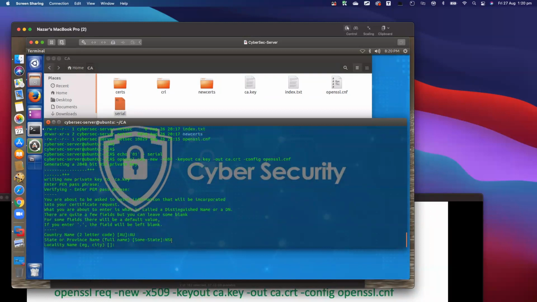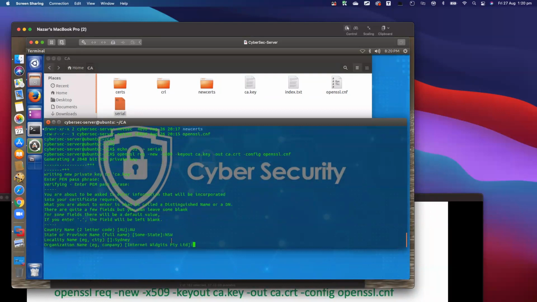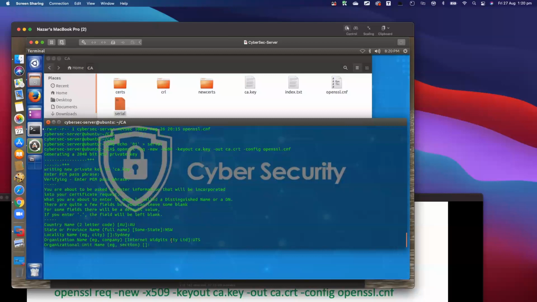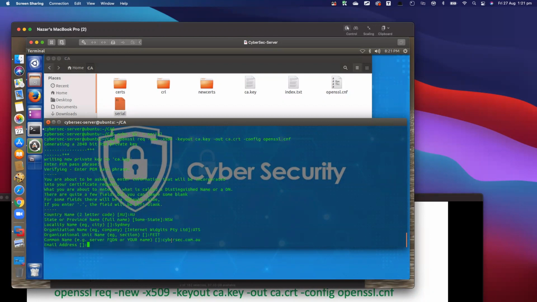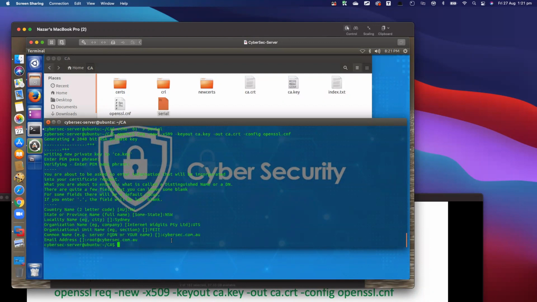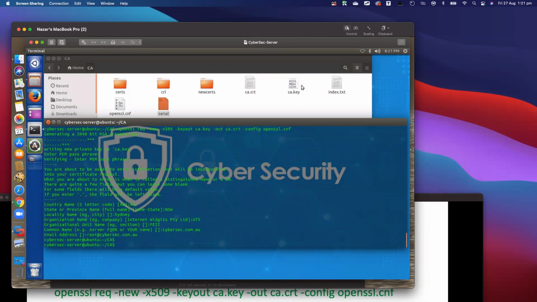state is NSW, locality is Sydney. You see Sydney, S is capital only. Organization is UTS, keep it all caps. FEIT is organization, company is UTS. Okay, domain name we will give it cybersec.com.au, and the email address has to be given as well, so root@cybersec.com.au. Okay, so once we are given these values, you see we have a pair of public and private